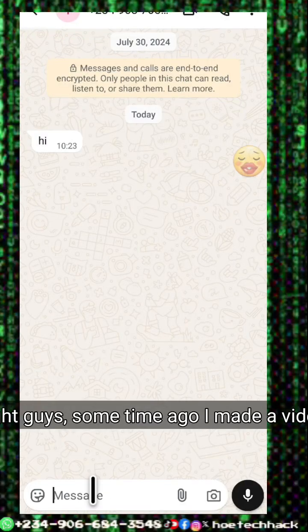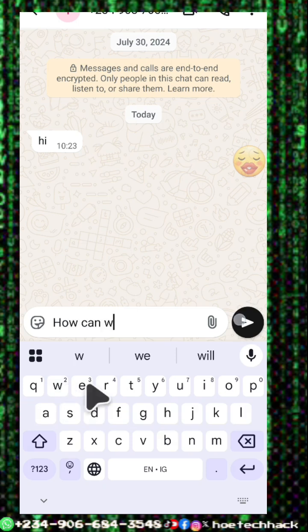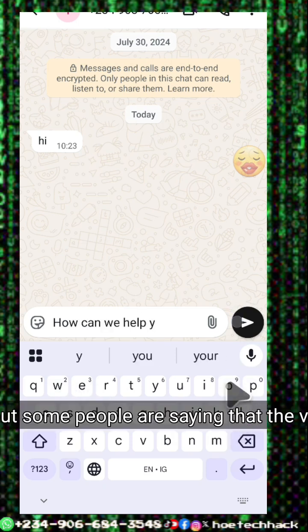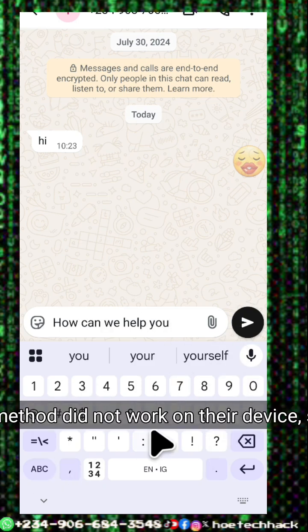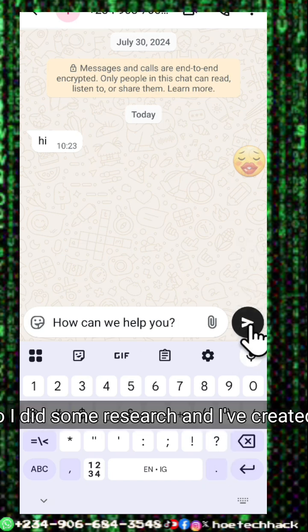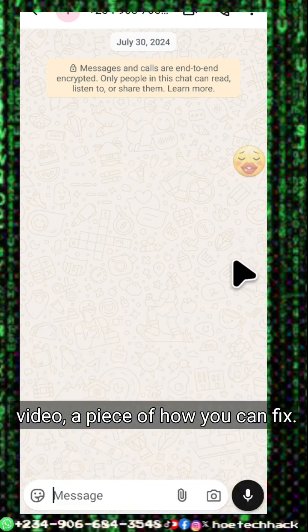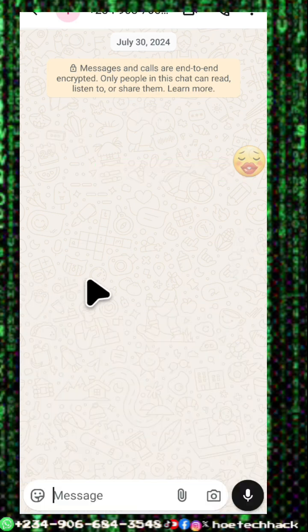Alright guys, some time ago I made a video of how to save contact automatically on WhatsApp. But some people are saying that the method did not work on their device. Some are saying that the method worked on their device. So I did some research and I've created a video fix of how you can fix it so that it will